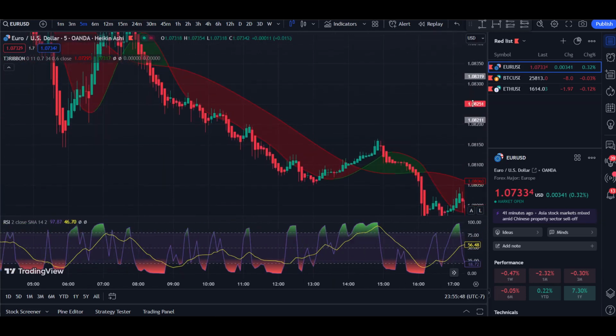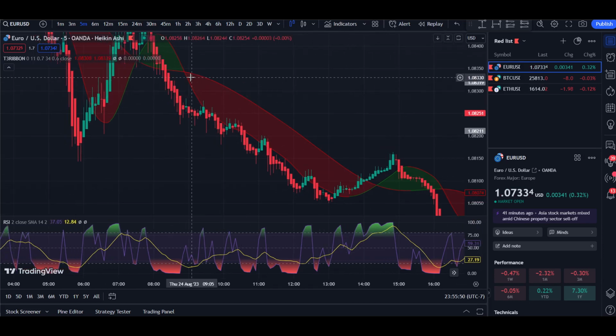So for the short position, we're going to be looking for the opposite. As we can see here, we do have the ribbon. It is red, and we're going to wait until the price action crosses into this area. After that, we're going to wait until the RSI hits below the 20 level. So as we can see, both of our conditions are met right around this area,